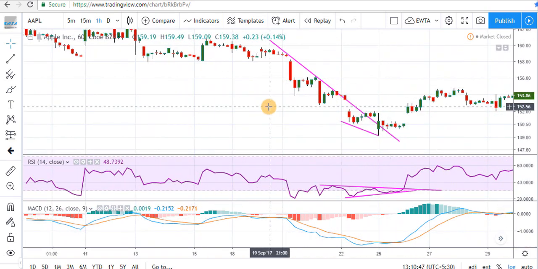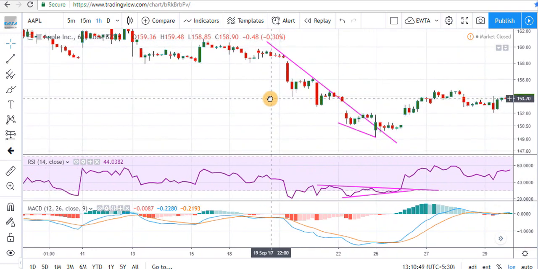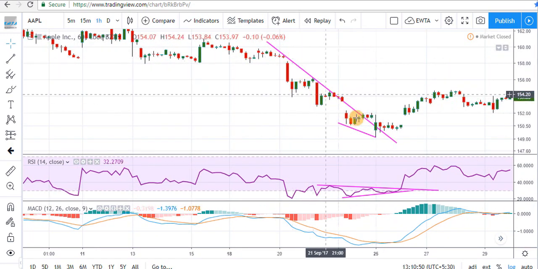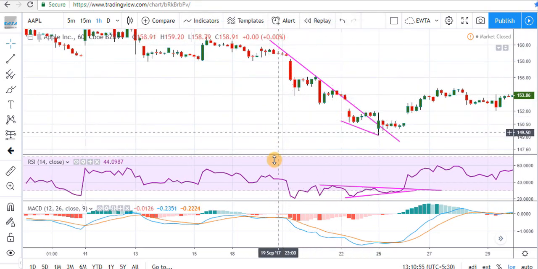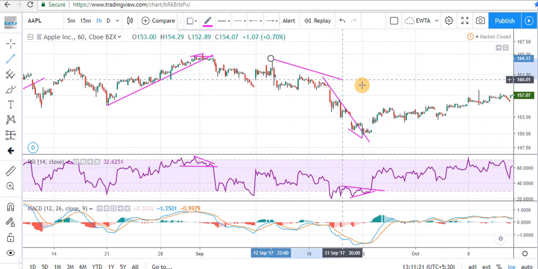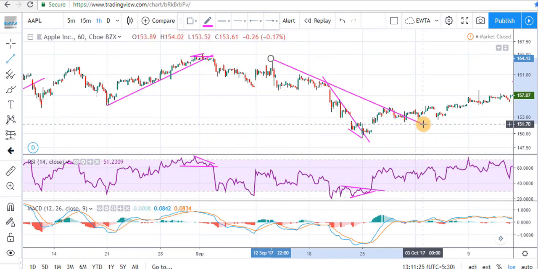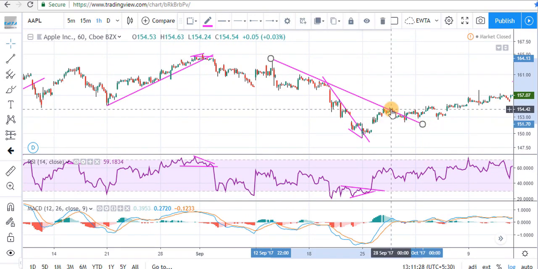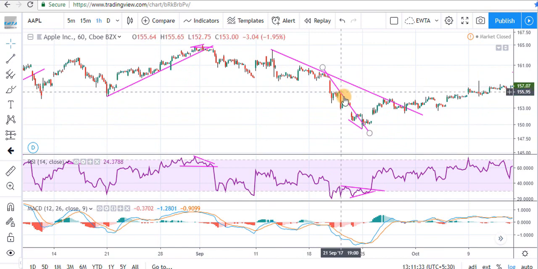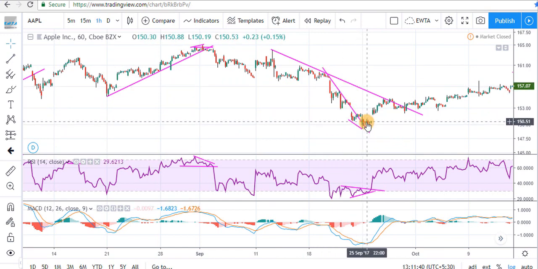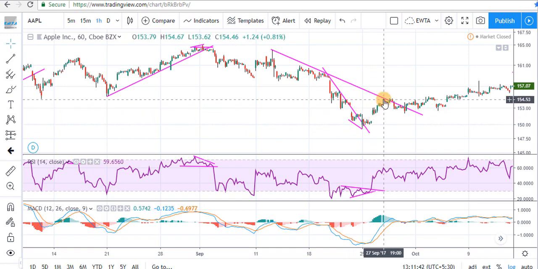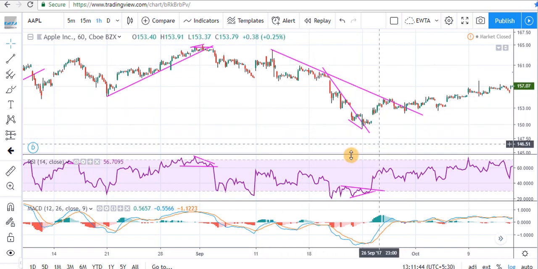One thing that should be noticed here, that we should draw a trend line for the recent trend. See, this was the recent trend, and we should draw a trend line for this trend. If we join these points, we are not getting any buying signal till this point. So we will draw a trend line for the recent price action that will give us a signal of buying position up to the level of this trend line.